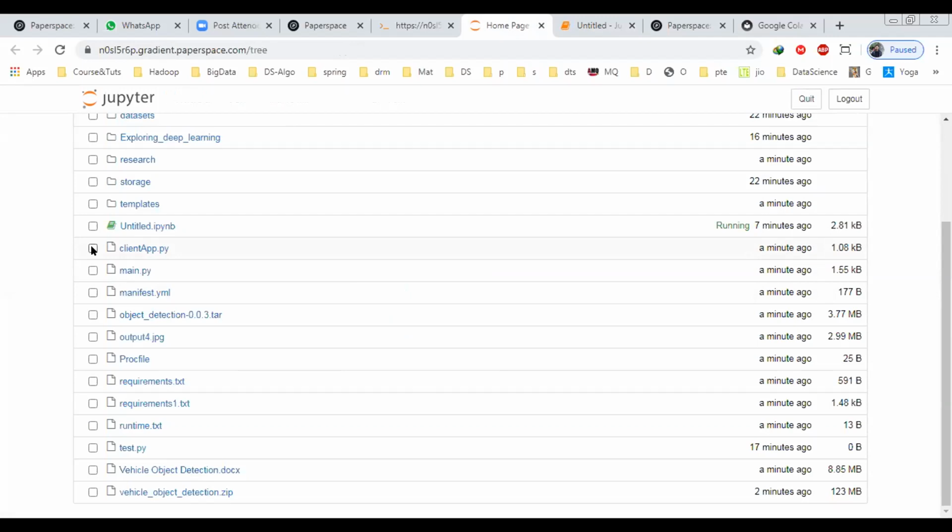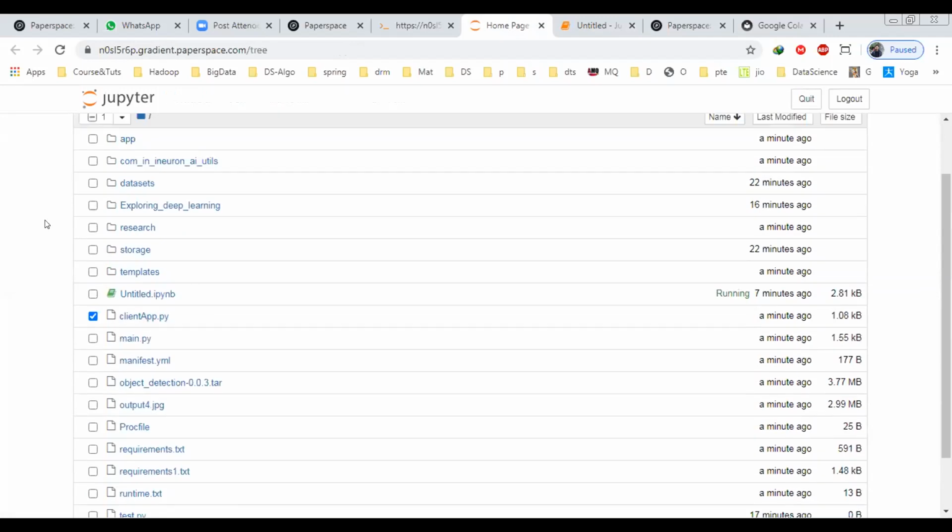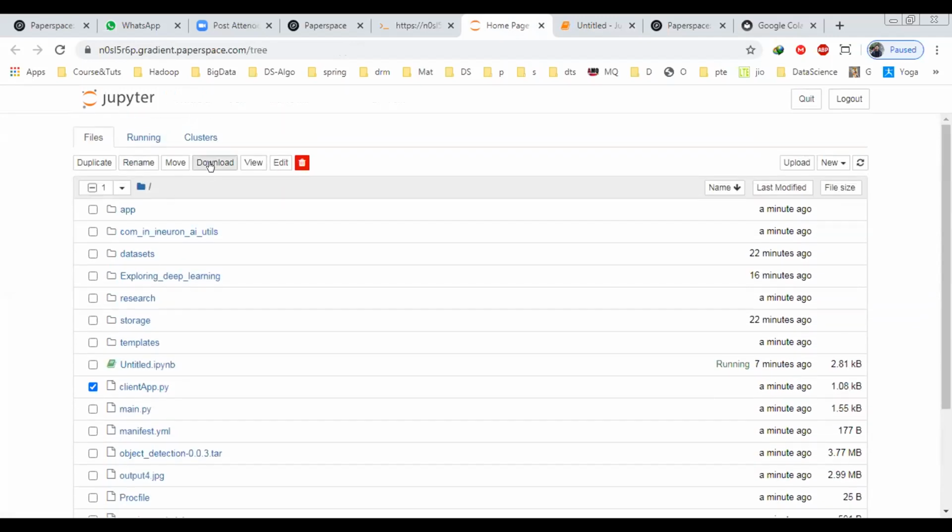I will select this one and scroll up. There is an option to download. I will click download, and it will download that particular file. So if you have saved a model here, I suggest you download that model for your local setup. I hope this is clear, everyone.